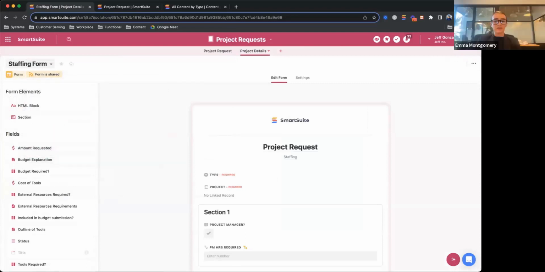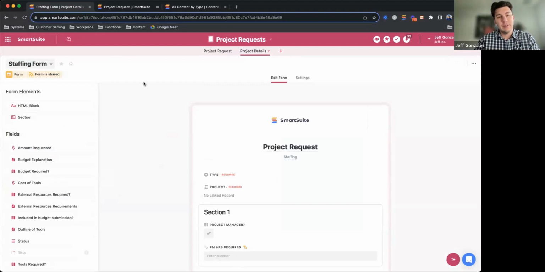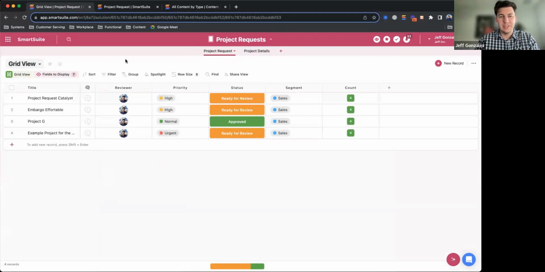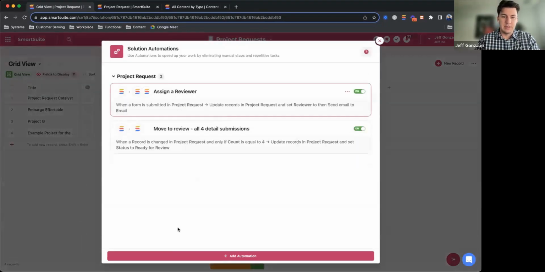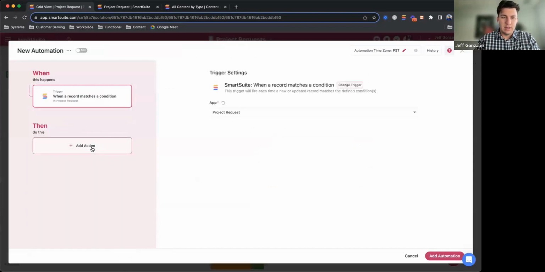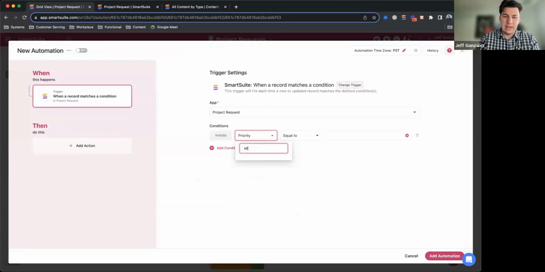We have a question here. Can I set it up so the respondent is emailed automatic reminders to complete the form? Yeah, so that was something that I wanted to implement for this, but I also didn't want to over engineer something for example's sake. But let's say in this example scenario, the record matches conditions within project requests and the status